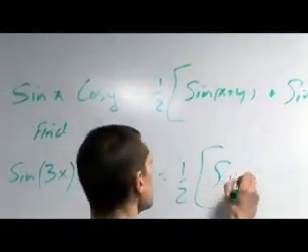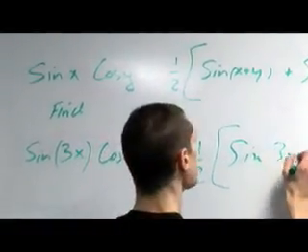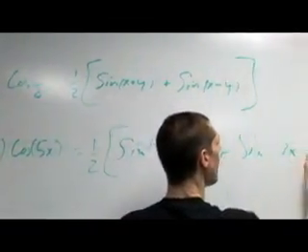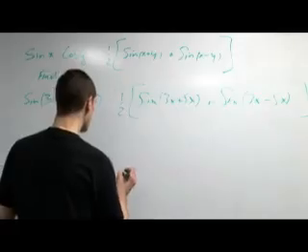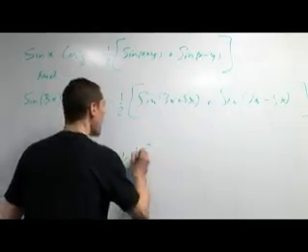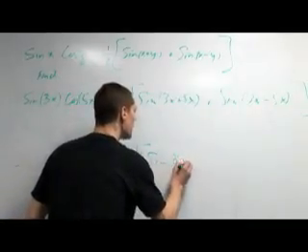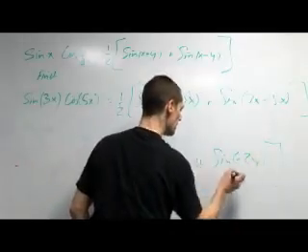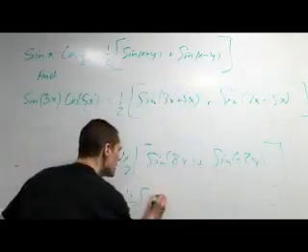So this is going to be sine of 3x plus 5x plus sine of 3x minus 5x. Okay, and this is 1/2 sine of 8x plus sine of minus 2x, but the minus comes out, so this is 1/2 sine